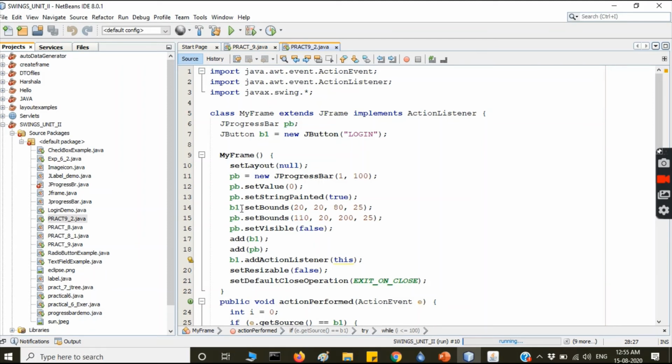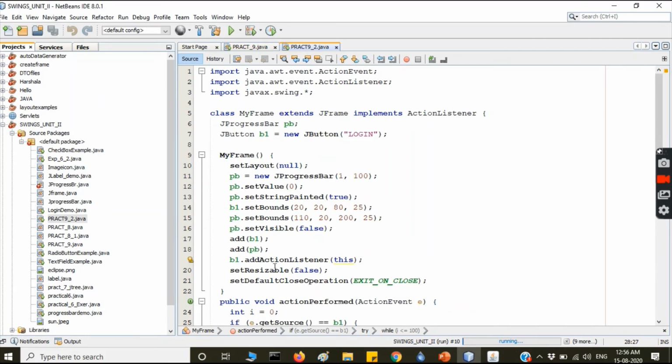And we are setting this button B1 location and progress bar location, we are keeping set bounds use करके अपना location fix किया, and after that pb set visible false, progress bar को visible false किया, so आपको दिखेगा नहीं. So add button add किया and then progress bar add किया.